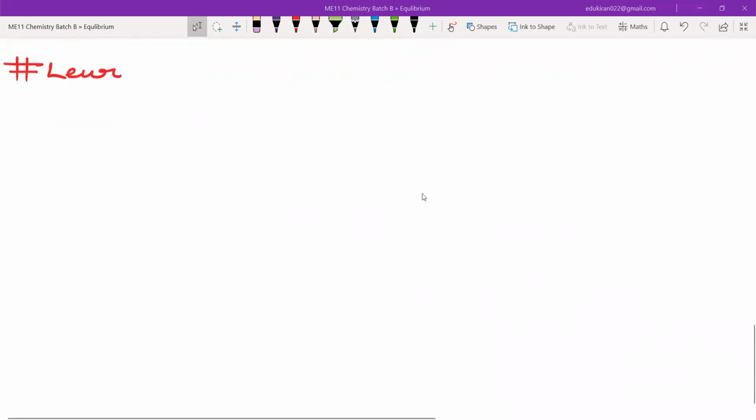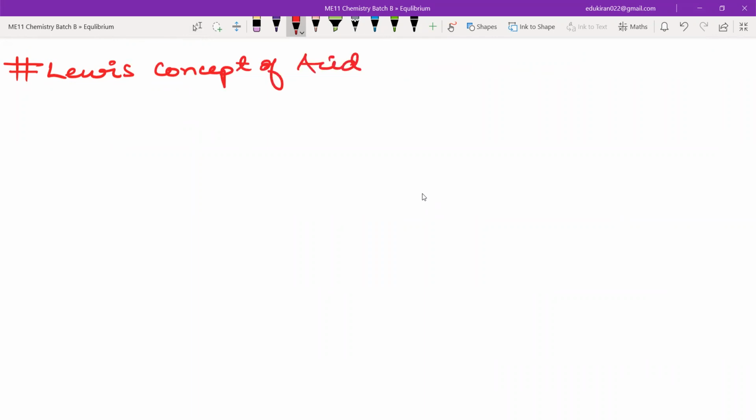Next, Lewis concept of acid and base. Okay, Lewis concept of acid and base. So Lewis, what he did, he boiled down the concept of acid and base to the flow of electrons, because what are all the reactions? They are just flow of electrons. He said that acid,